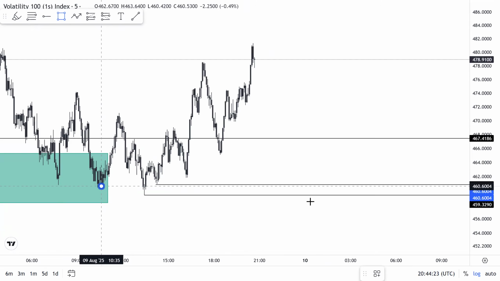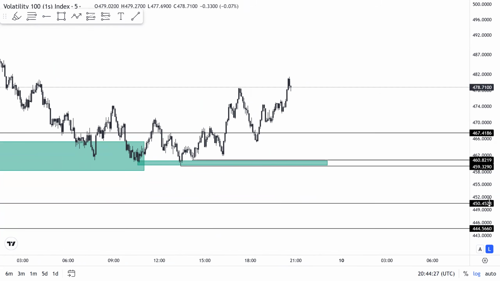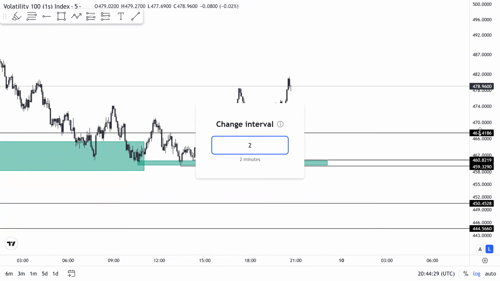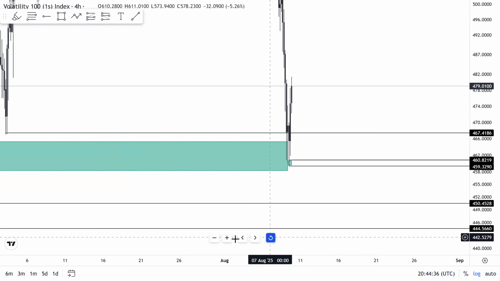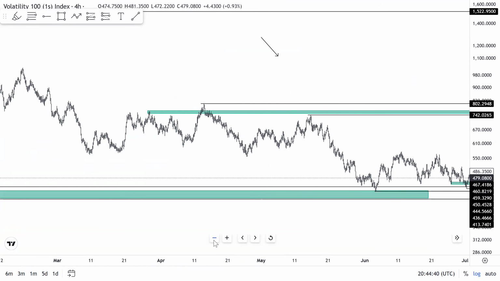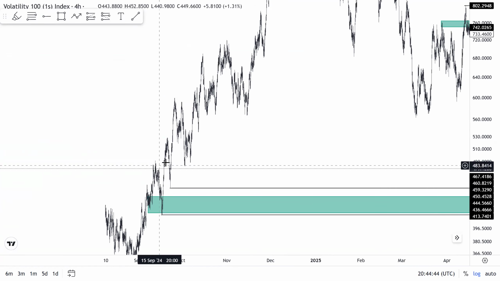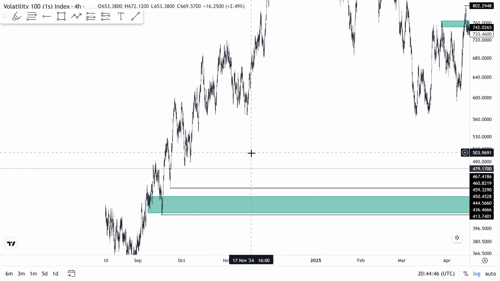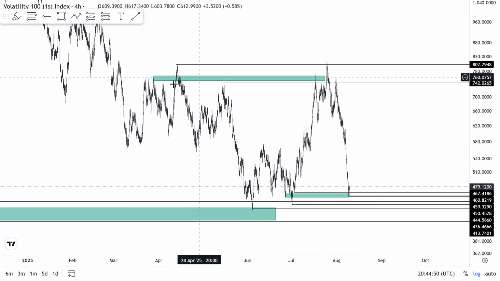Now, the reason why I said this is because I saw some people saying that they have a sell bias on V100S. No, why is that not valid? Because I actually went to check the chart because I had a previous analysis here on V100S. My previous analysis was that price was actually buying from this low here. This is what happened. There's a sweep of this low, there's a break of market structure, and there's a pullback to create the structural liquidity. You can see that price respected this, right? So now this is the fake out right now.